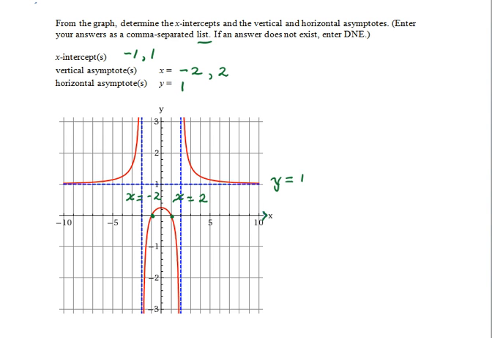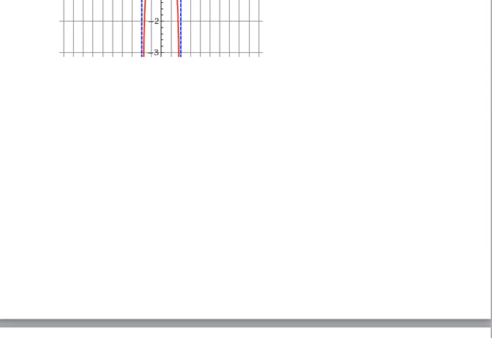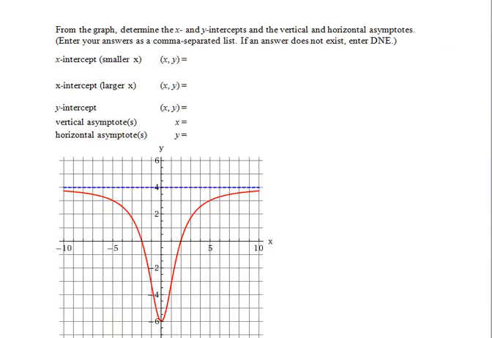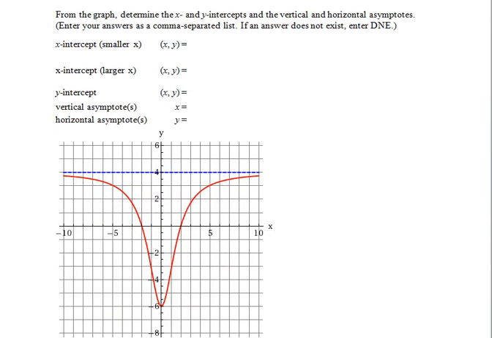So let's move to another example here. Again, we're given a graph and we're asked this time to list the x and y intercepts, this time as ordered pairs, and then the equations of the vertical and horizontal asymptotes if they exist. And so in this case, our x-intercepts